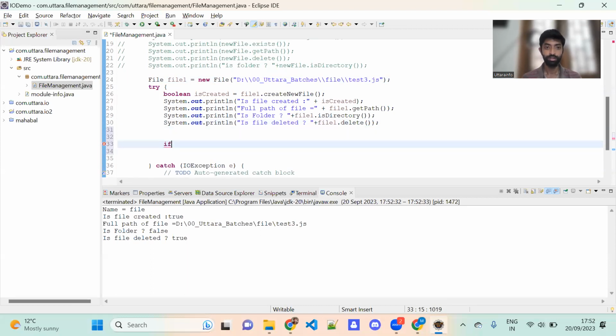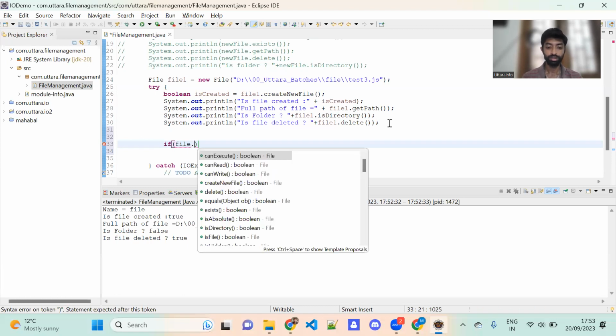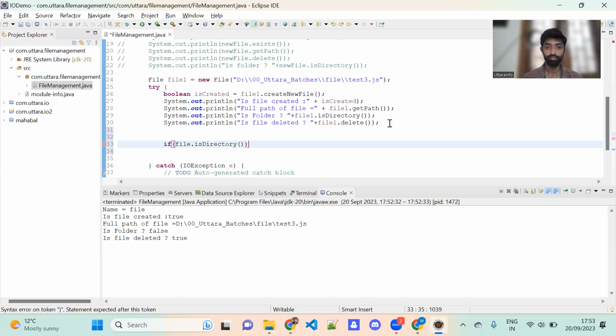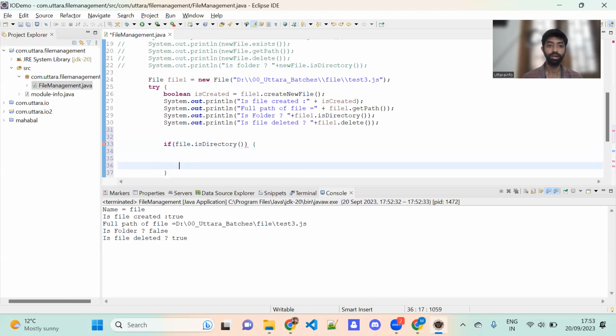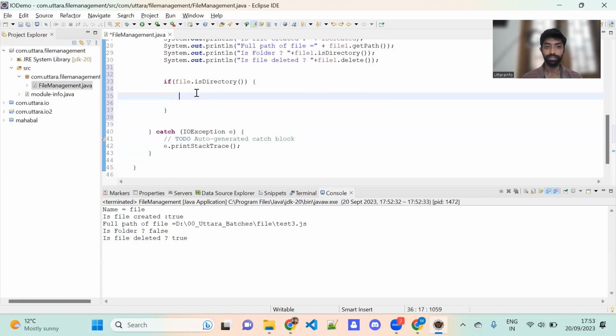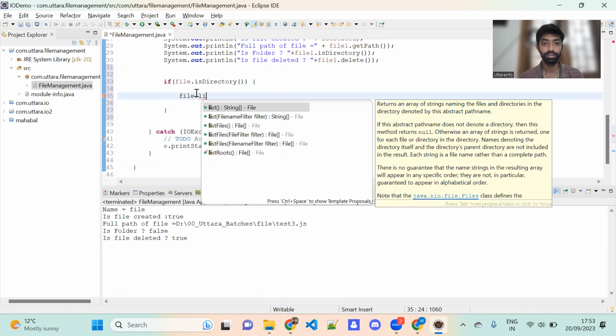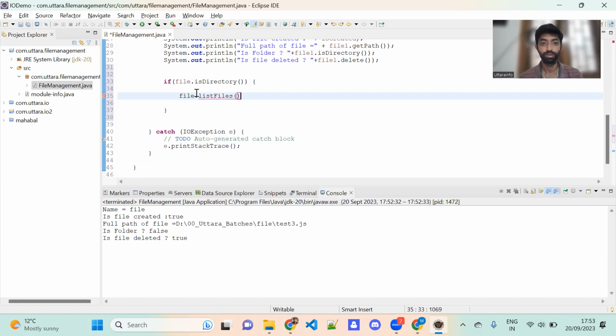If file dot is directory. If this is true, then get me all the files that are there in this particular directory. I get all the list using what? File dot list files. Okay, this returns the array. So it returns the array of type file. File array